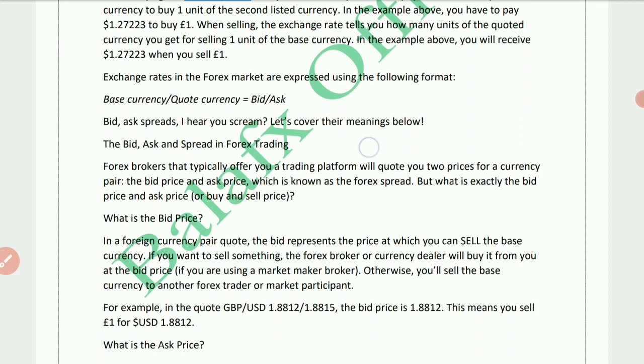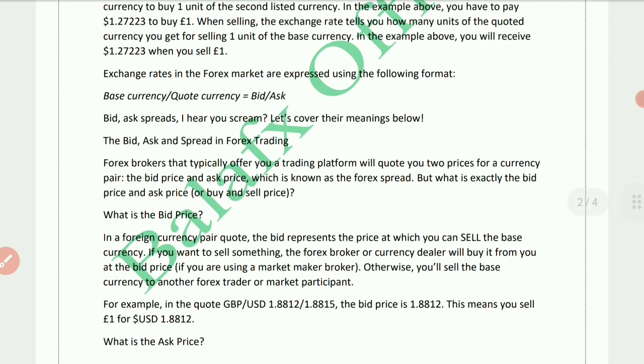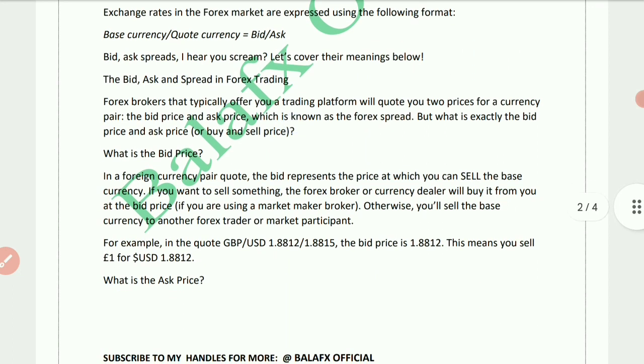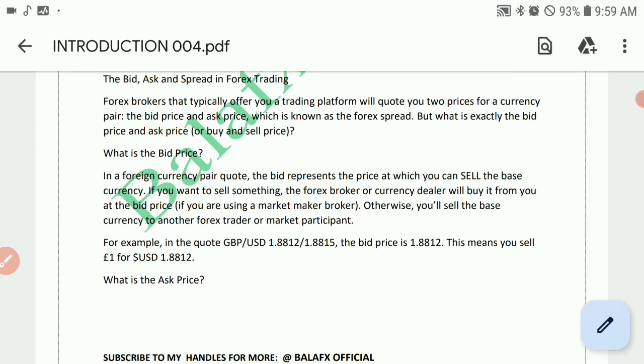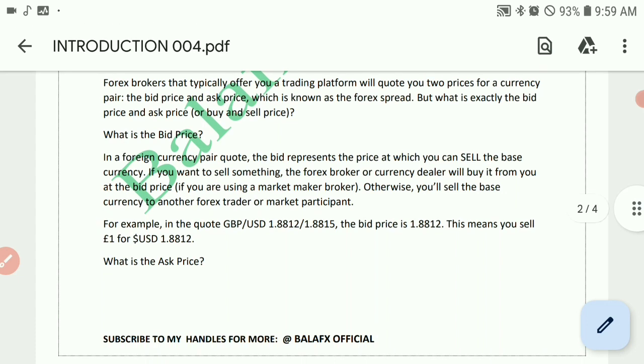Let's cover the meaning below. Bid, ask, and spread in forex trading. A forex broker typically offers a trading platform that will quote you two prices for the currency price. The bid price and ask price, the difference of which is known as the forex spread. But what exactly is the bid price and ask price, or buy and sell price? What is bid price? In the foreign currency pair quoted, the bid represents